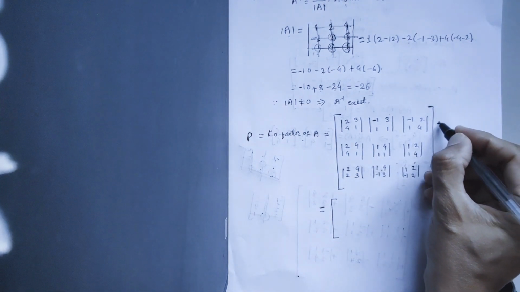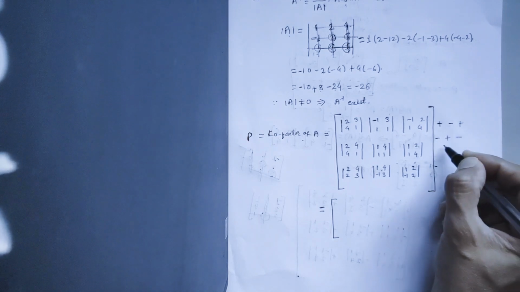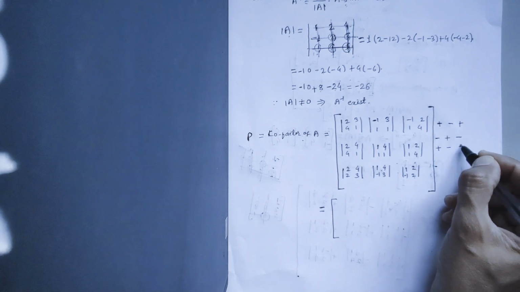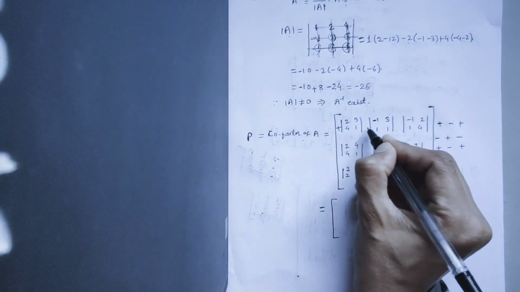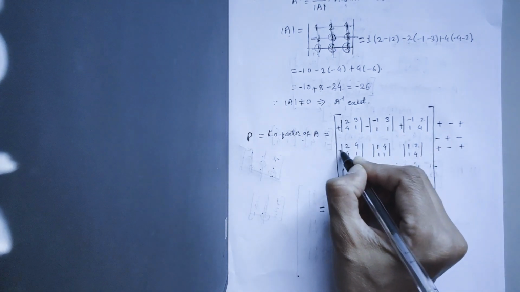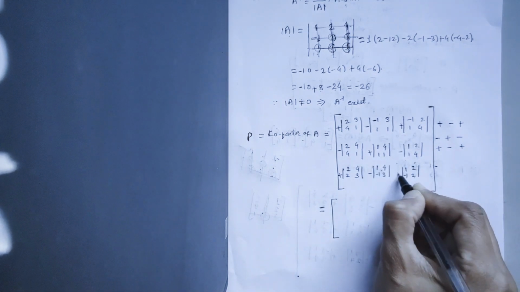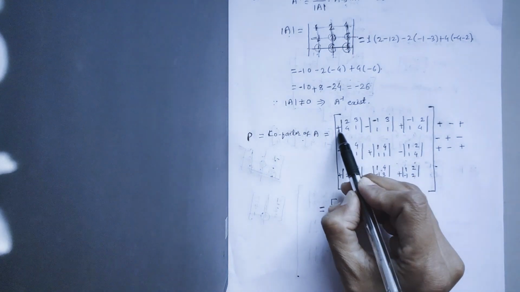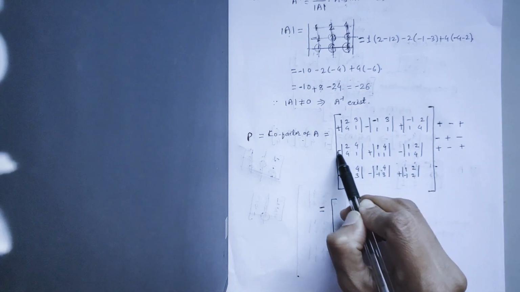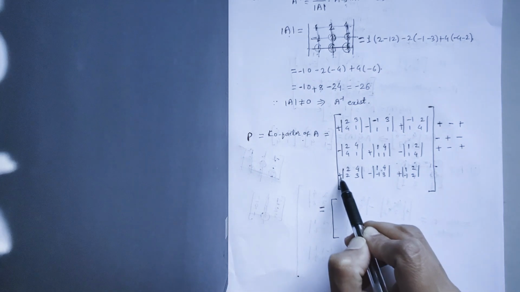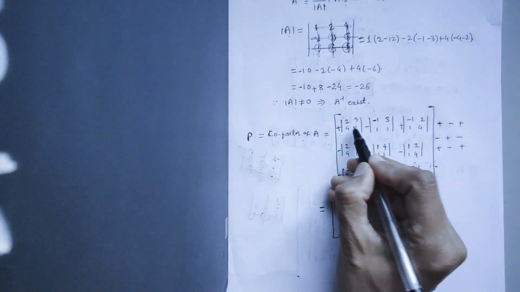So you know that we start with plus, minus, plus, then second row we start with minus, plus, minus, then third row we start with plus, minus, plus. Alternately, plus, minus should be there row wise and column wise. So this is plus, minus, plus, minus, plus, minus, plus, minus, plus. All right. First row starts with plus sign, alternately plus minus. Second row starts with minus sign, alternately plus minus. Third row starts with plus sign, alternately plus minus. All right. So just solve this determinant.